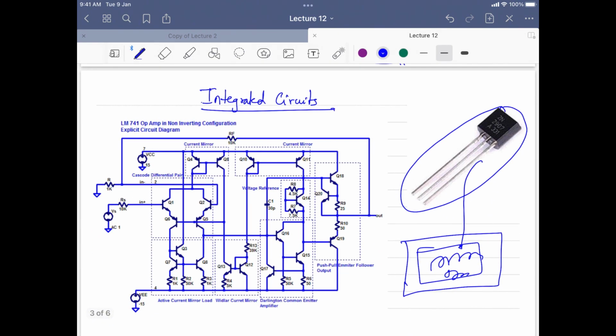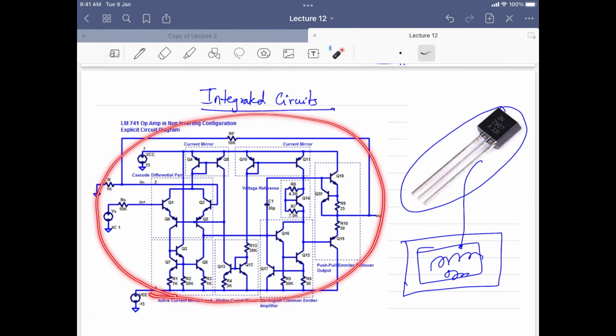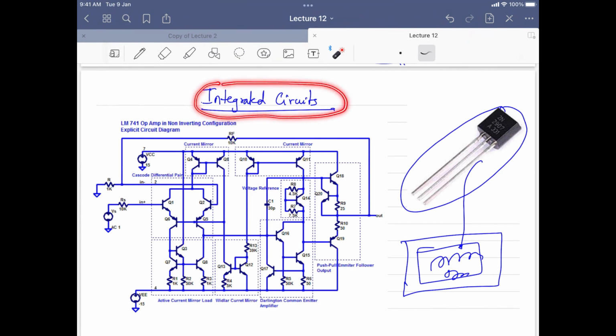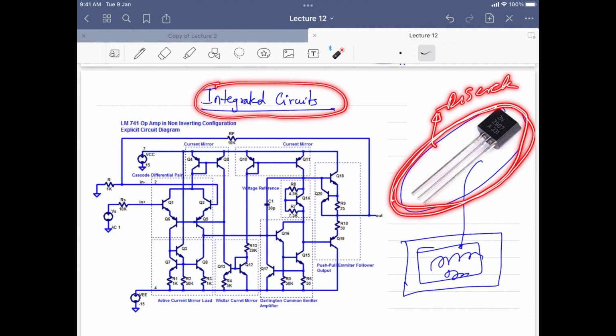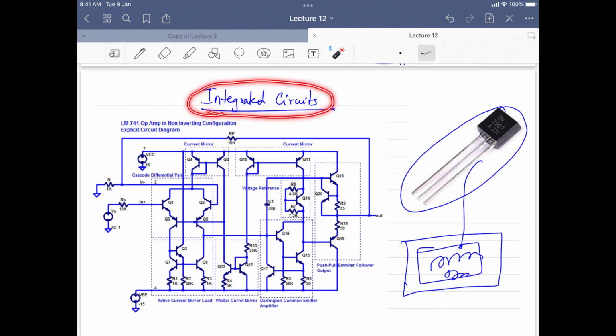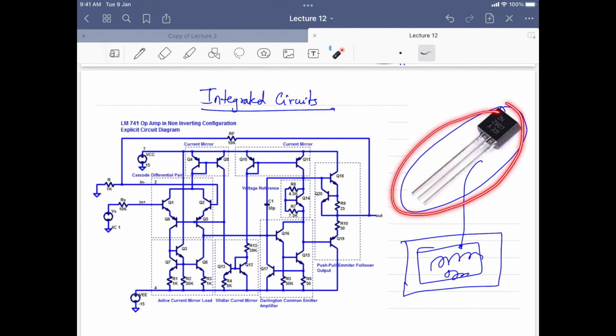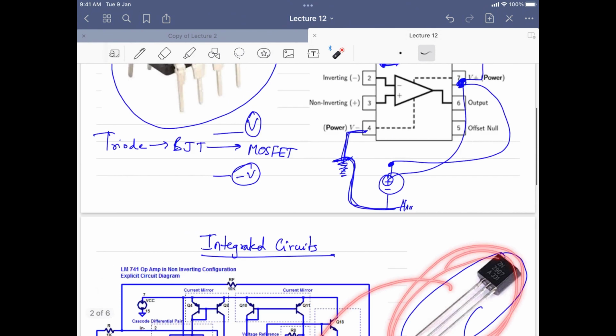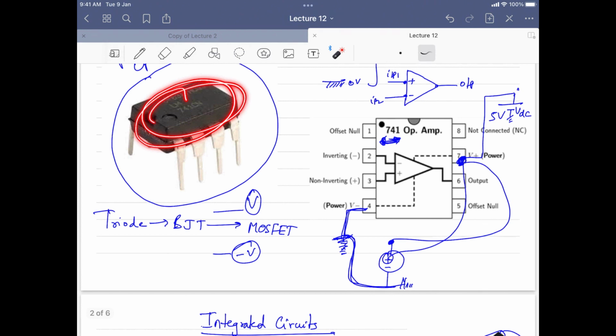So no need to remember this. This is just for your information, to show the idea of integrated circuits. These are called discrete circuits, which you will find in your lab. These are the category of discrete circuits which you will use for laboratory purposes on a breadboard. And this is the concept of an integrated circuit, where you encapsulate all these discrete circuits into a small box like this, which is shown over here. So this is basically an integrated circuit.